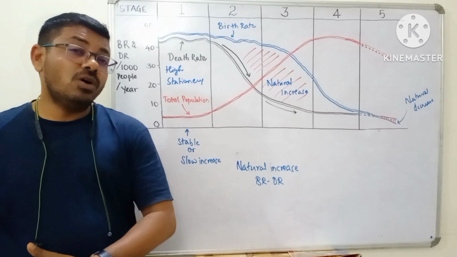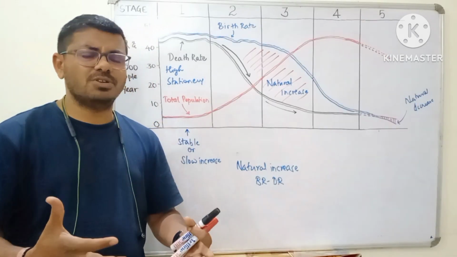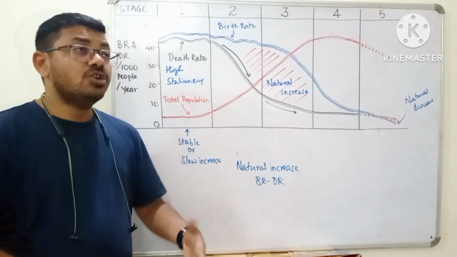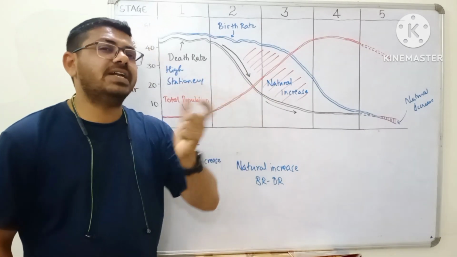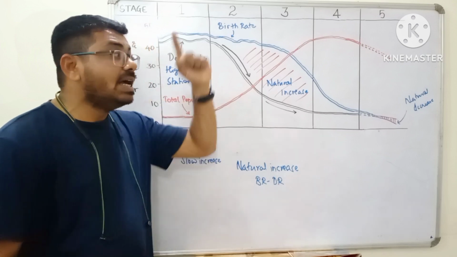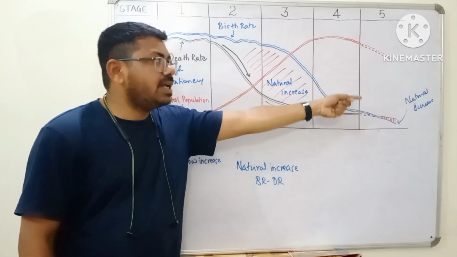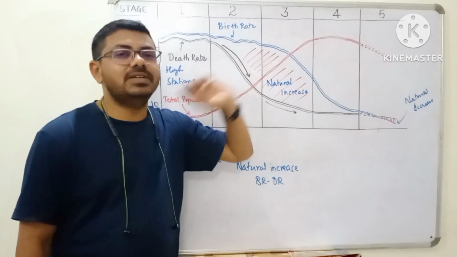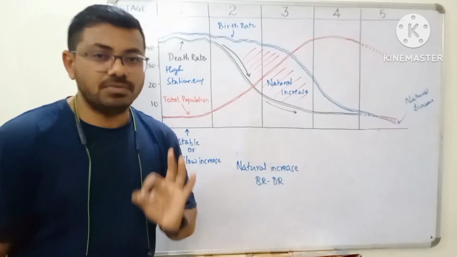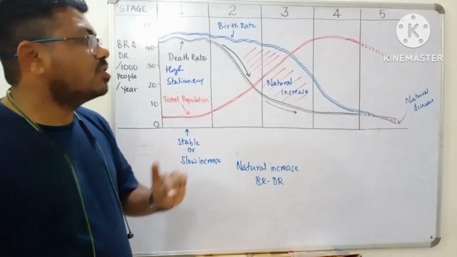So if you have a higher number of people in the 60 plus age group, definitely they will die. So that death rate is affecting the country. The old population's death rate is affecting the country. That's why here you can see death rate is a little higher than birth rate, and these countries are facing natural decrease. It means that they have a negative growth rate,